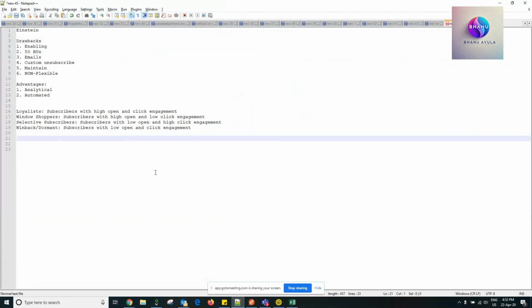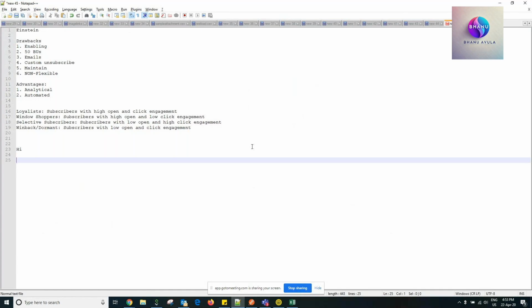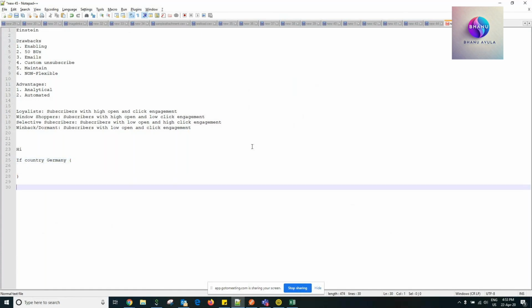For example, if I ask Ashok to build an email template, what Ashok will do is type this: if country is Germany, send this image; else, if country is Spain,